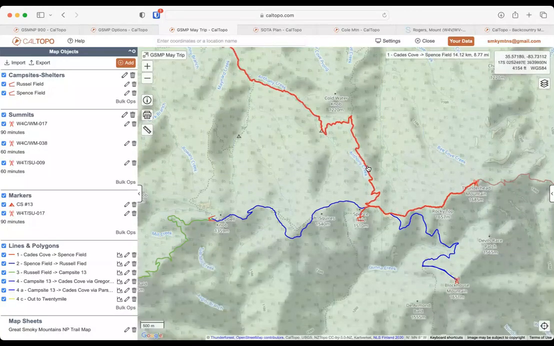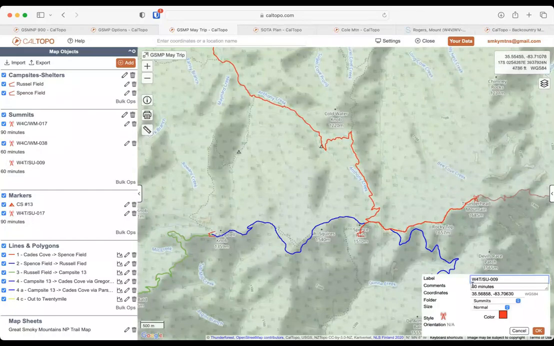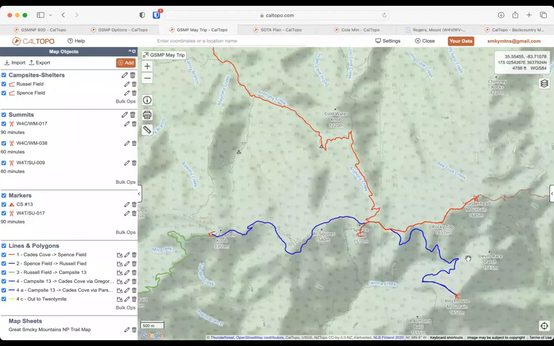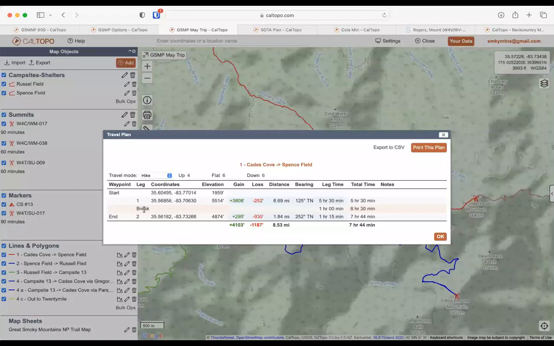But what the travel plan also gives you, and this is why I redrew this route all the way, so that's like the entire first day. If you put a marker on that line, and in the comments put in a time, when you look at the travel plan, it throws that in there as a break and calculates it. And that gives you a good way of estimating what your total